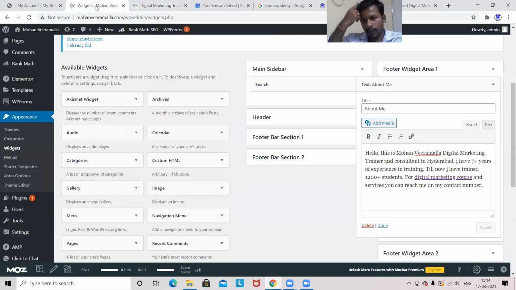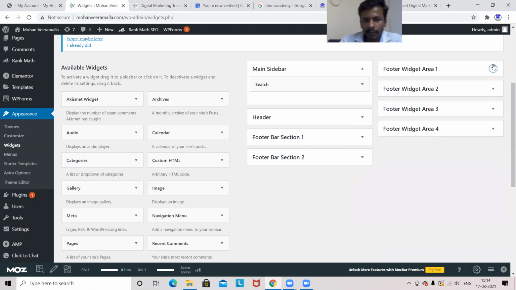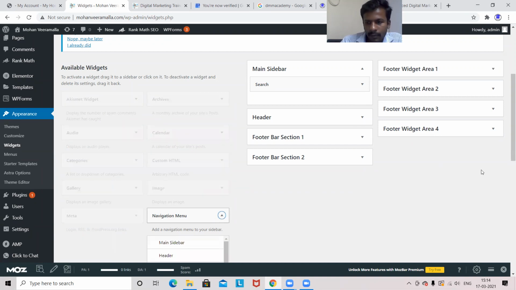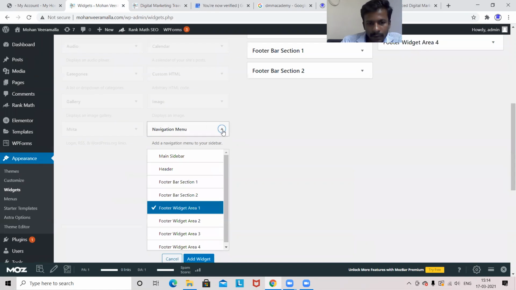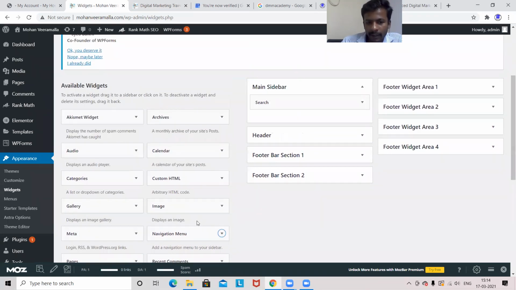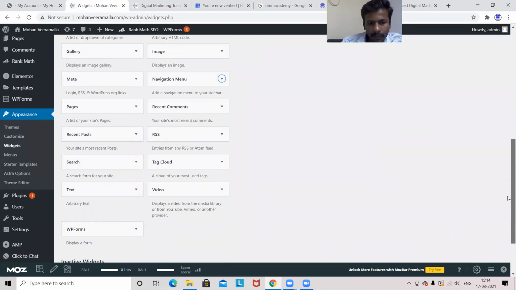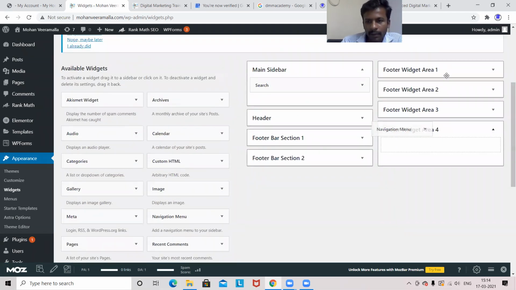Now we'll do the footer two also. For that, in footer two, what we'll do? We'll add a menu item again. Navigational menu we have, the main sidebar. Okay, I'll drop this menu. Previously, the footer one I have selected from there. Is it navigational menu or main menu? Okay, navigational menu only. So this menu I'm taking into the footer widget area.